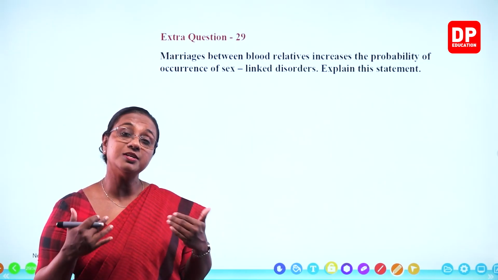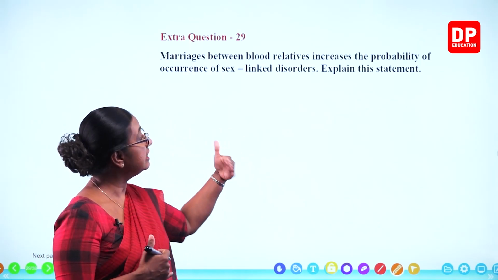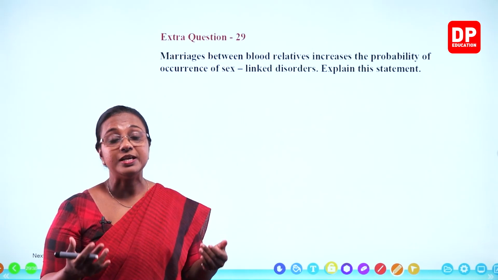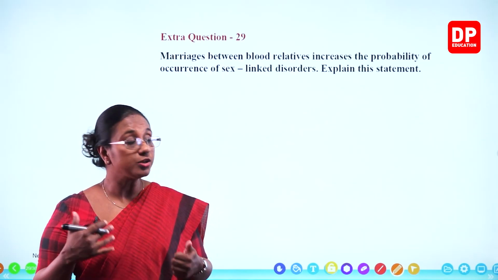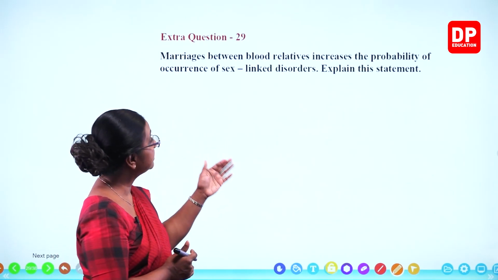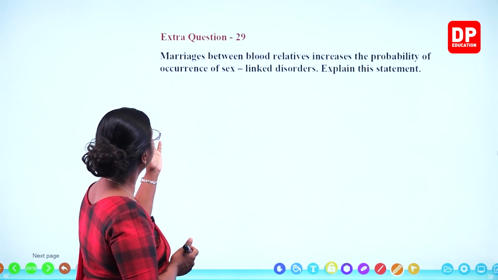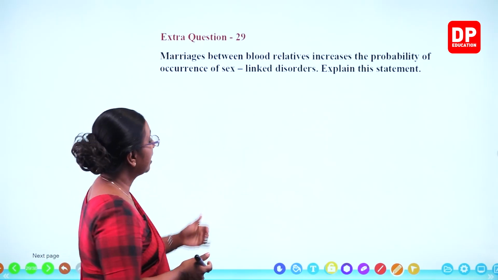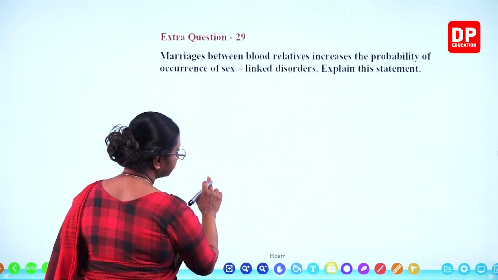Then the occurrence of children with the recessive gene will be more. So because of that, it is better not to have marriages between blood relatives, as it increases the probability of occurrence of sex-linked disorders. So as an example,